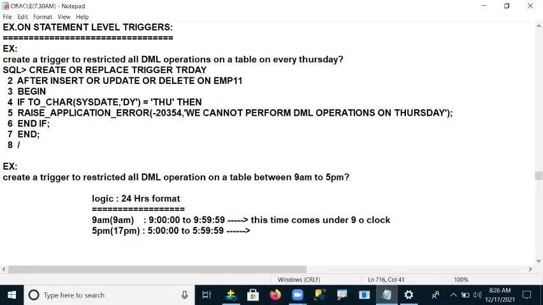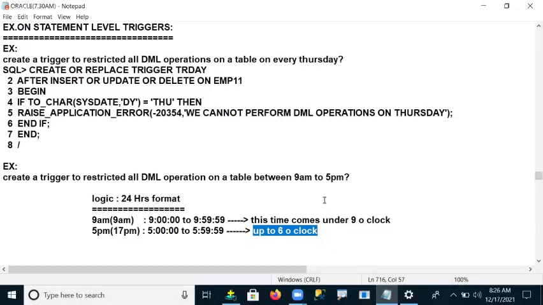So this also comes under 5 o'clock. But what happens if I give 17? My restriction is up to 5:59, which means your restriction is up to 6 o'clock. Yes or no? Because if I give 17 in my logic, it will take up to 5:59.